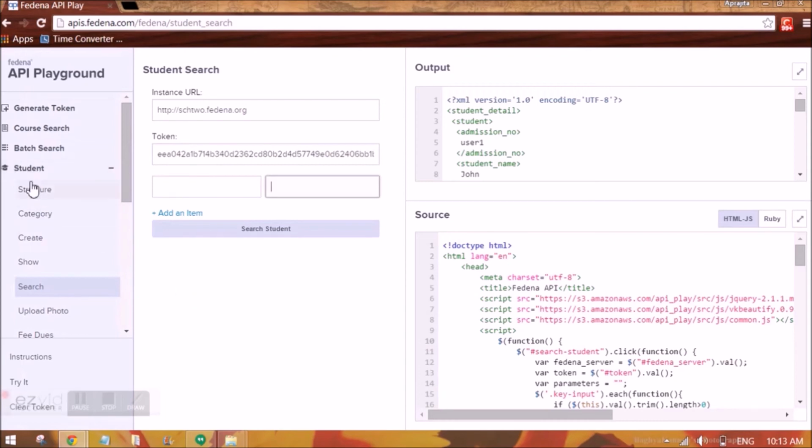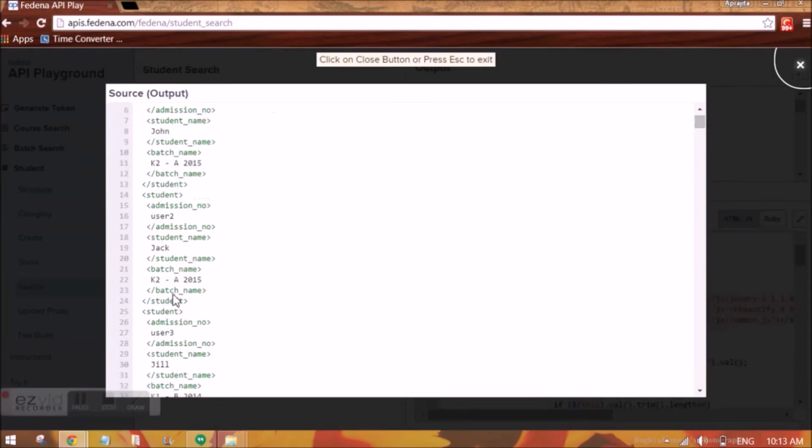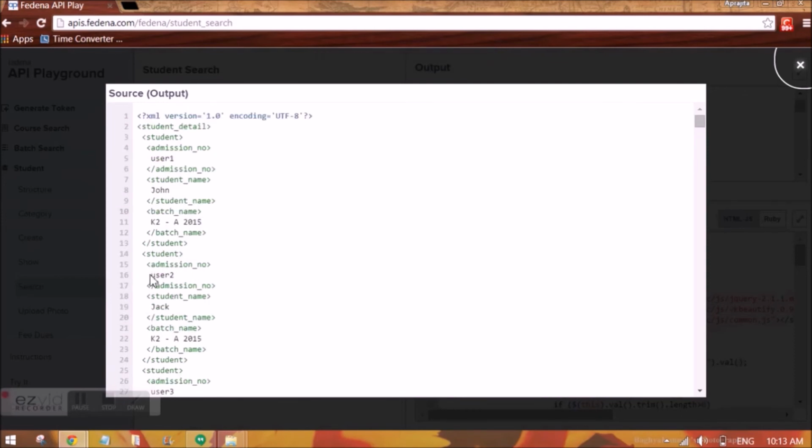Now when you go to this API, student, and you go to search and click on search student here, you will be able to get all the student list in this structure, which is the XML form. Now for the students whose data you want to change, you can fetch them from here and modify their attendance records accordingly.